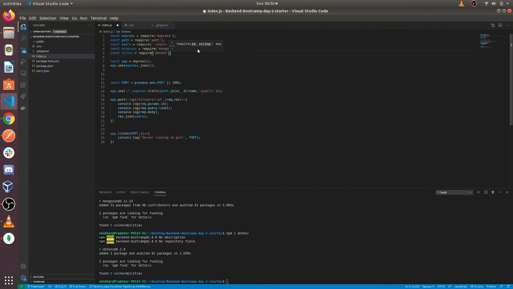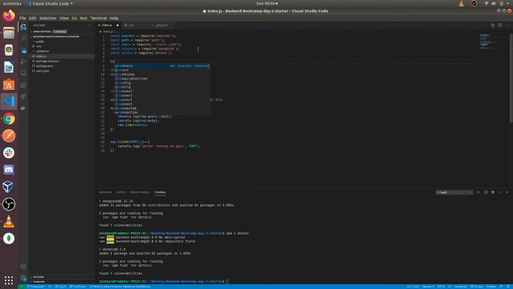Once you have dotenv, just use dotenv.config, and that's it.